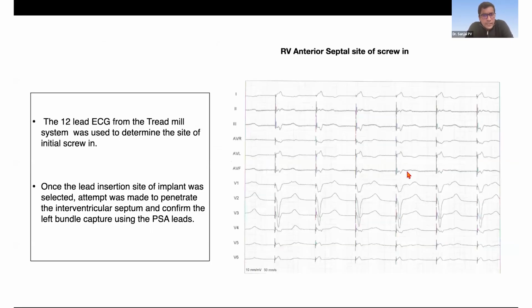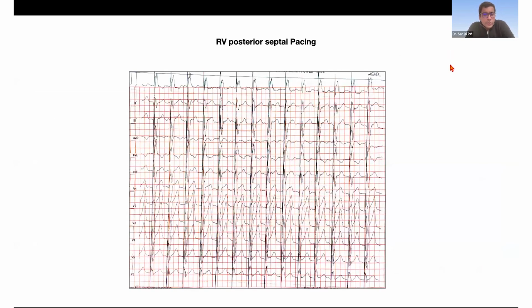But we had to use the 12 lead from the treadmill machine to determine the site of the initial screw-in. And Dr. Shanmuga alluded how we need 2 positive, a 3 could be an RS or a negative, but you need an AVR which is negative or an AVL which is positive. So this is the site we typically aim to target. This is the right anterior septal surface. Sometimes as you counter your sheath too much, you could capture the septum,